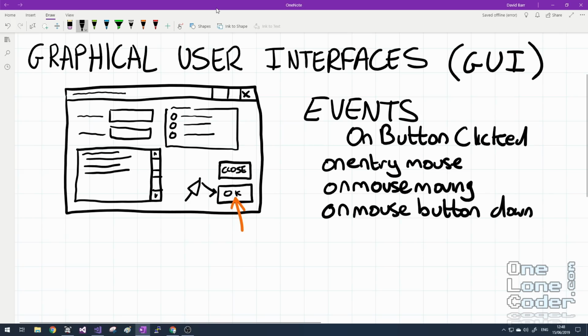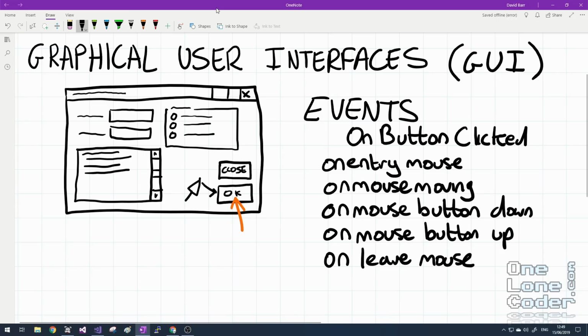The user has lifted his finger off the button, we might get the opposite, on mouse button up. And as the mouse exits from the button's rectangular area, we may get something like on mouse leave. So fundamentally, there are lots and lots of events happening across our application all the time. And we as programmers don't want to have to deal with every single one. Sometimes it's useful to pick one out and work with it, but working with all of these all of the